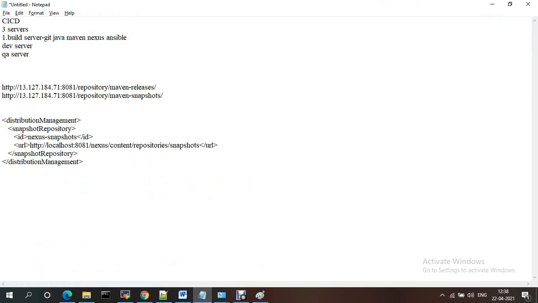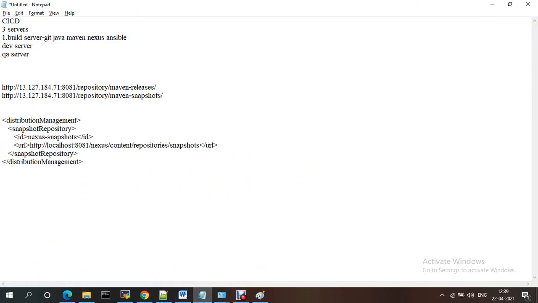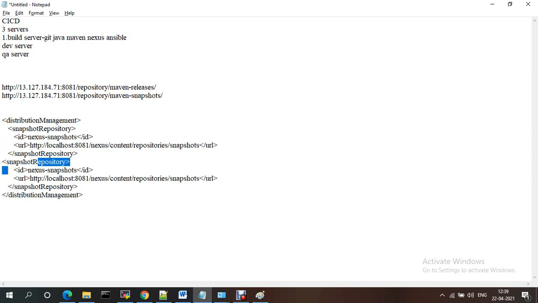Under snapshot and release, you just need to provide, and we have two, right? So snapshot one and release one. One I am giving as a repo, repository.